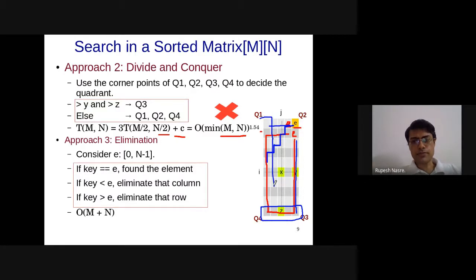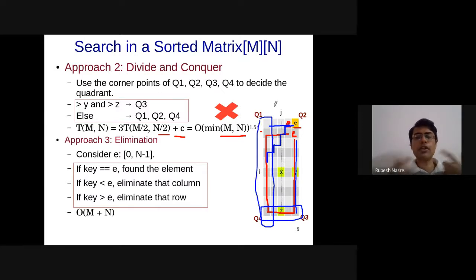If I am left with this particular row or column, then instead of doing a linear search, which is what this algorithm will do, where I'll go on eliminating one row or one column at a time, I can do a binary search because I know that only one row is left, searching for that key in that row. And therefore I can require log of m time or log of n time, depending upon whether I reach the final row or final column.